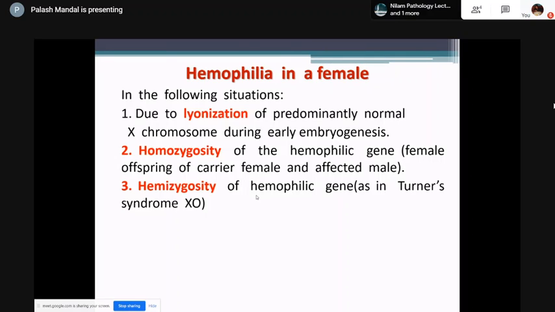It's like the dialogue in Sholay, कौन से खाने में गोली है किसी को नहीं मालूम. So which X chromosome will be expressed in which particular cell, nobody knows. So this lionization means the expressivity of the X chromosome in a particular cell. So if the normal chromosome, or the X chromosome, becomes dormant,